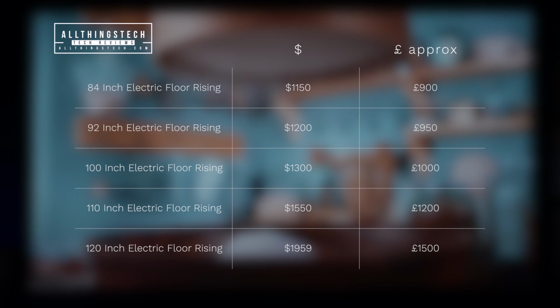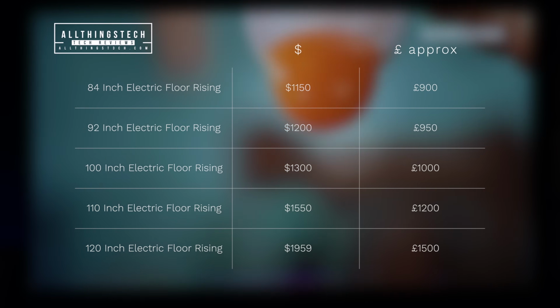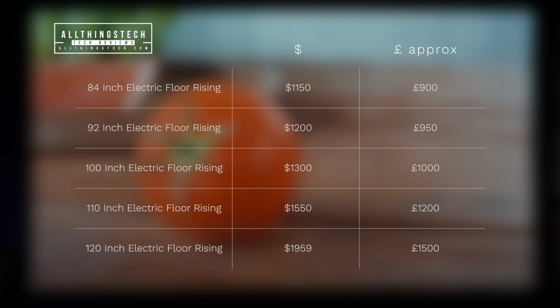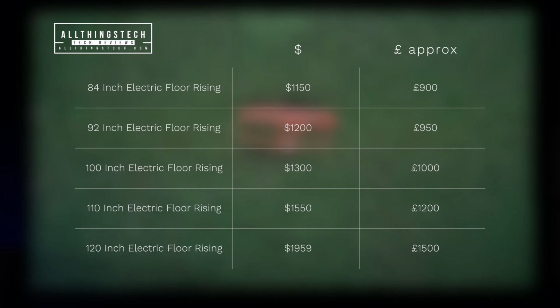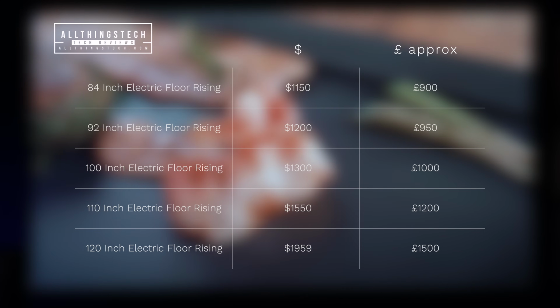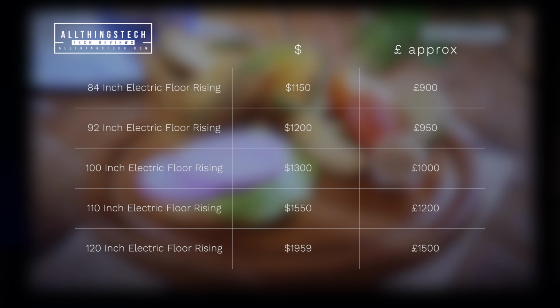So my friends, these projector screens are not the cheapest. The 84-inch is the bottom model. Now that starts at $1,150, which is approximately £900. The 92-inch is $1,200 or £950. The 100-inch, $1,300 or £1,000. The one that I've got, the 110-inch, is $1,550 or £1,200. And the 120-inch is